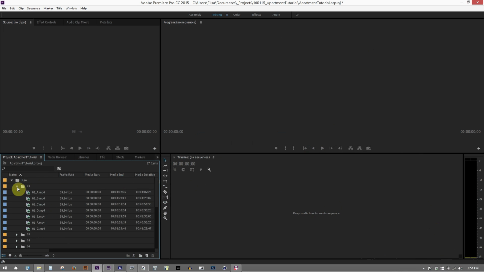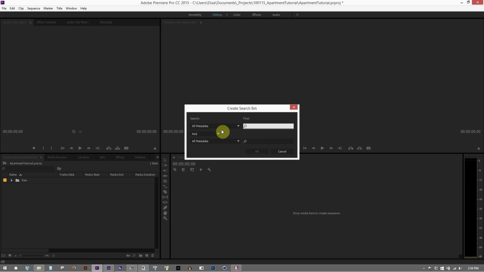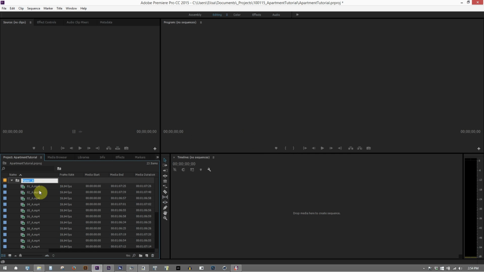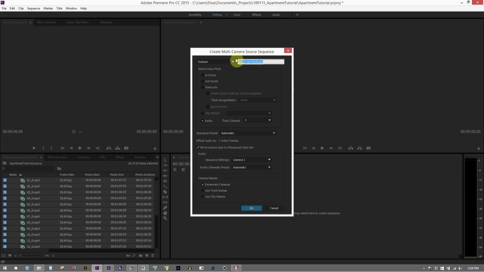So now I have all these folders, all these files, everything's neatly organized. So I want to start syncing them together in Premiere. So I'm going to right-click here in this window and say New Search Bin. And I'm going to make a search bin looking for anything with the name _A. And that gives me this 01A, 2A, 3A, all 18 files worth of _A. So I'm going to select them all. I'm going to right-click and say Create Multi-Camera Source Sequence. And I'm going to name this Apartment